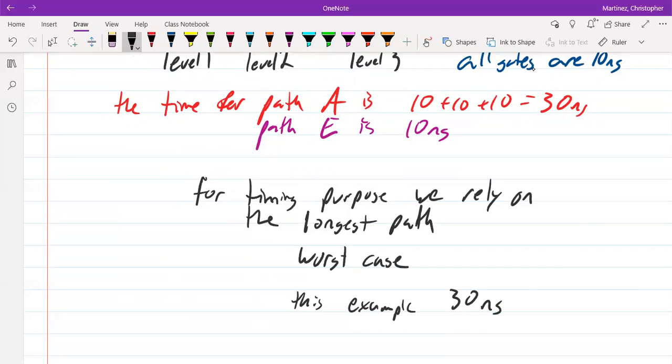The path E is the fastest. Path E gets us to 10, but if we needed to know how long to wait for a potential answer when we do not know which of the 5 inputs is changing, we have to wait at least that 30 nanoseconds. So that gives us a little bit about timing when we look at